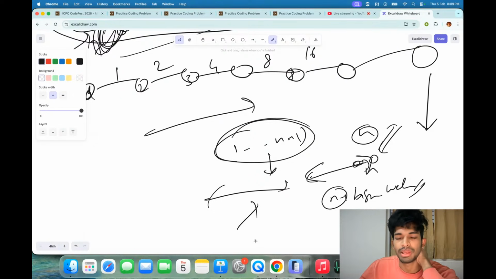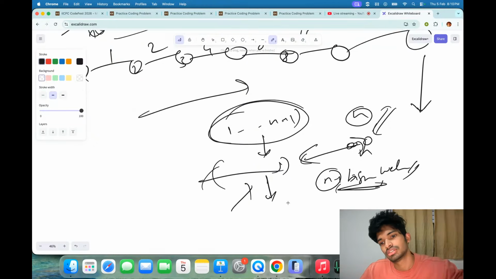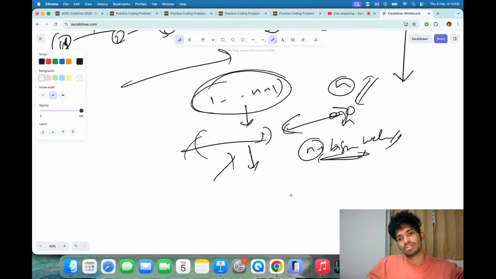Let's say you have all possible MSTs, and then you have these n minus 1 bigger weights. Can you get, for all these weights, can you get these weights plus this? Or